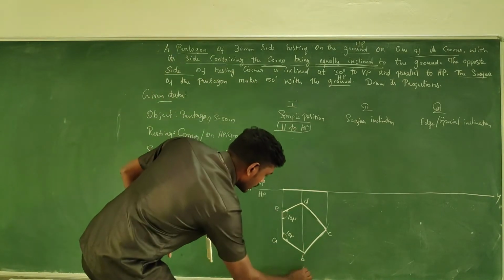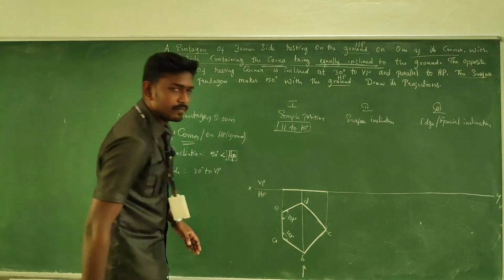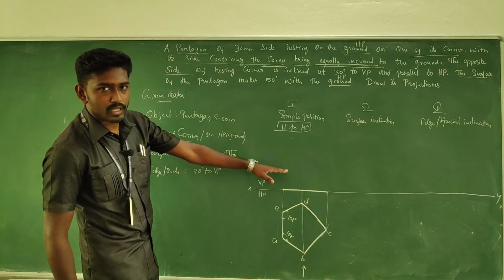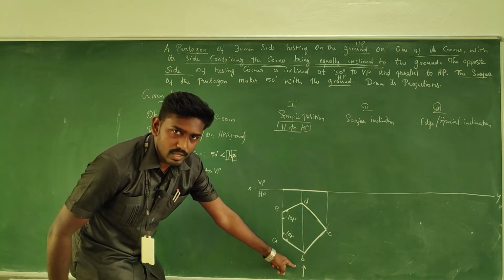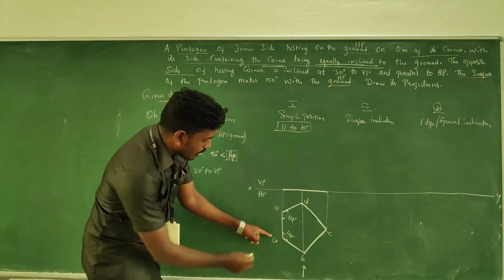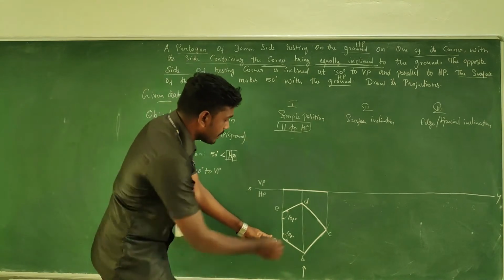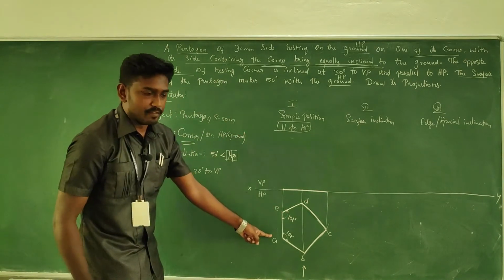So as far as this diagram is concerned, it's a front view. Now we're going to mark the front view, so the observer should look at the object something like this. So this is the position. So A, B, C will be visible, D and E will be invisible.